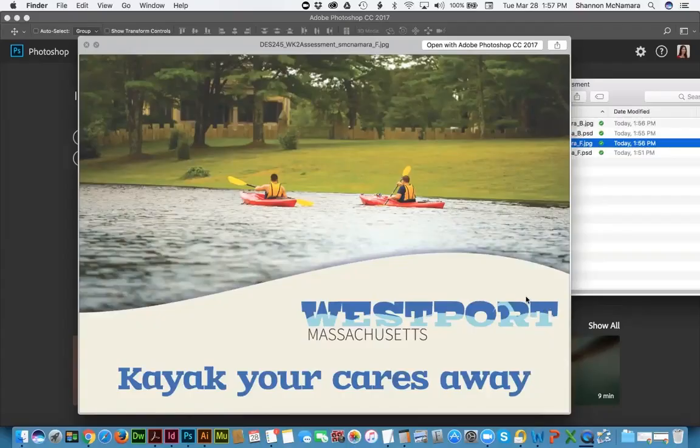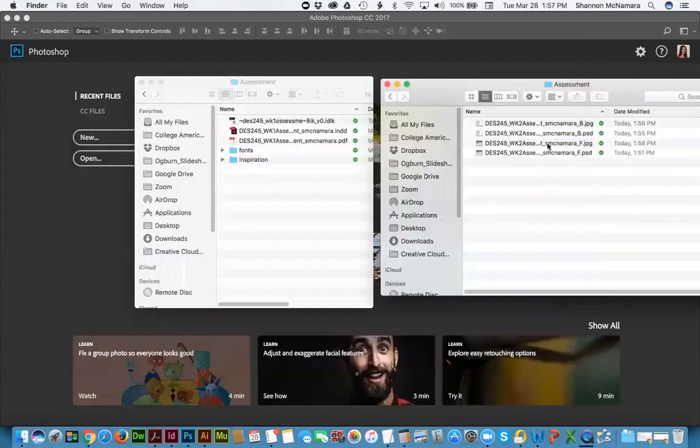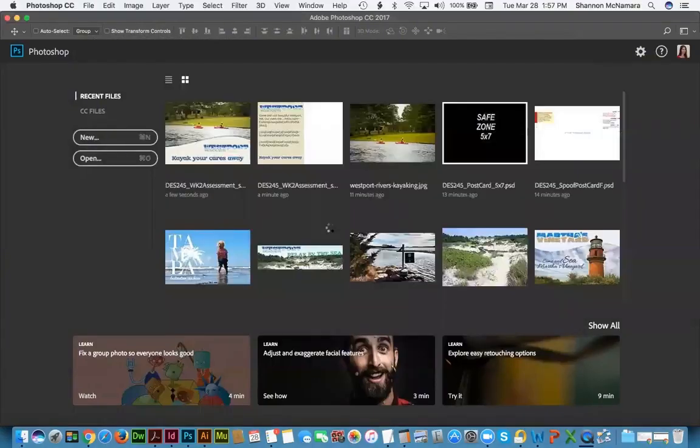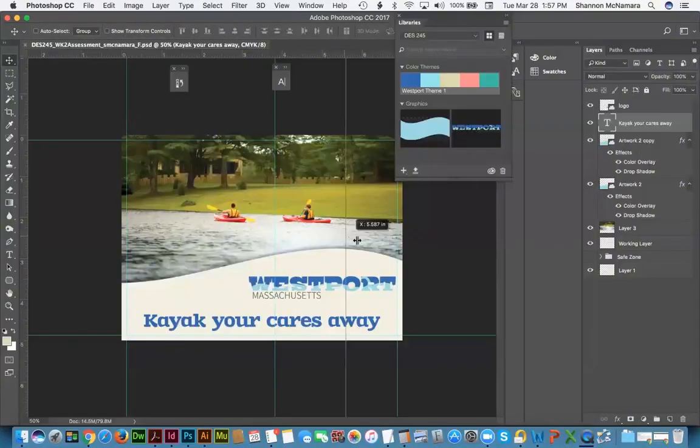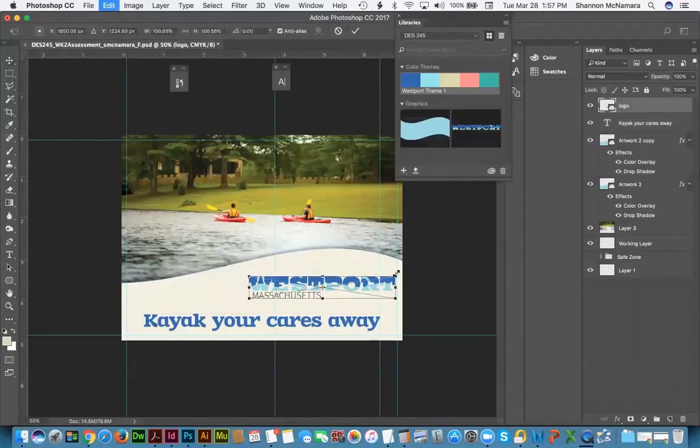Honestly, if I was done with this, I would change where the logo goes. Like I would probably scale my logo back to meet up on this line, so it's nice and neat. But I was doing this quick to show you how to put together a very quick, 10-minute postcard. But these are the things you want to look at before you submit it. So I would go back in, open this up, drop a line, make sure that those line up, go to my logo, and I'd probably move my logo over rather than scale it,